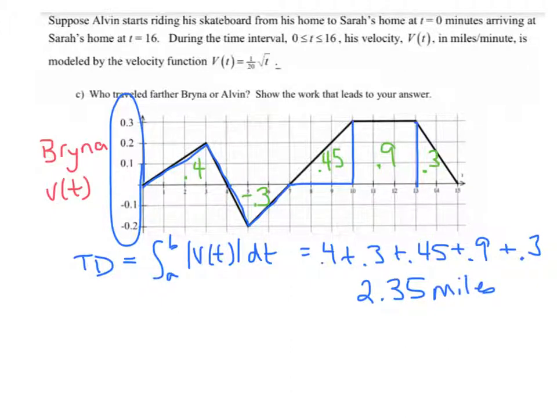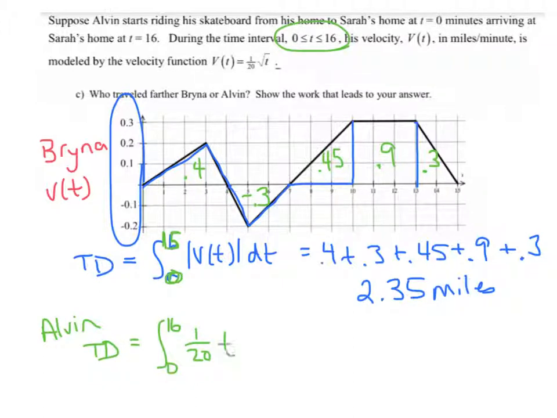Now, if I want to find Alvin and his total distance, well, his total distance is from a function. So I'm going to do the same thing, the integral from, okay, so Alvin's time was from 0 to 16, whereas Brina's time was 0 to 15 according to the graph. Oh, so this should have been 0 and 15 here. We know our a and our b, so I should have filled those in. Sorry about that. Okay, so the integral from 0 to 16 of the velocity function for Alvin is 1/20th,